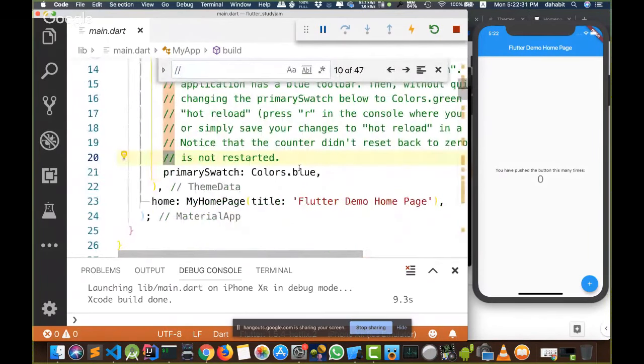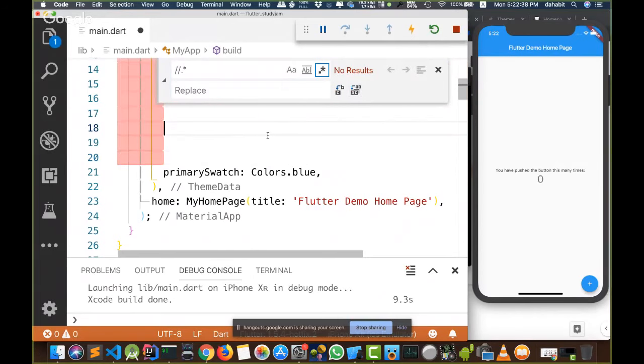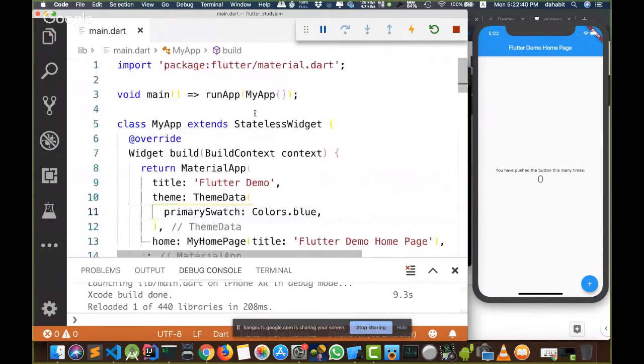And let me remove these notes. I'll delete this one and replace it and press save to make our application look better. And as we said, the entry point for our application is the main.dart file, okay? And the entry point for our code is the main method. The main method or function is where the application goes and starts running your application. And as you can see here, this is our function.